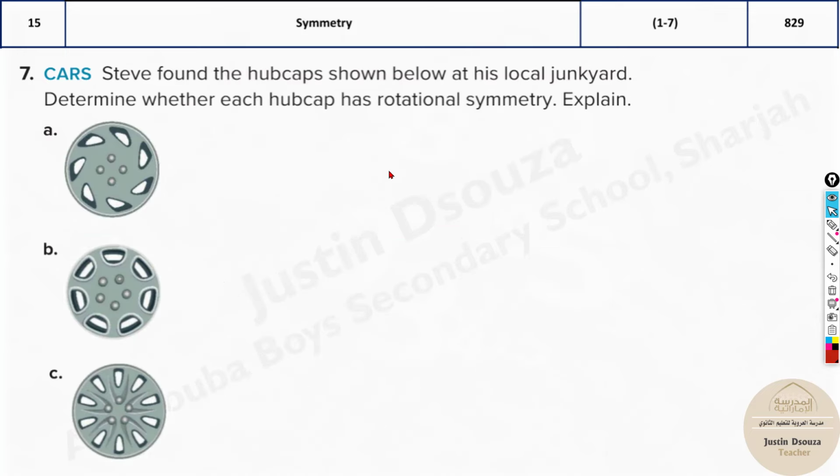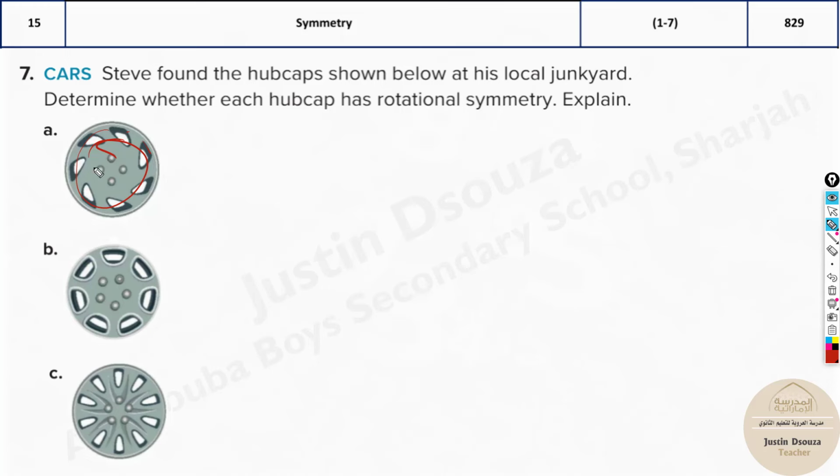Steve found a hubcap shown below in his local junkyard. Determine whether each hubcap has a rotational symmetry. Explain. Now here, to have rotational symmetry, what happens is whenever you turn by certain degrees, say you turn this by 90 degrees or 180 degrees, when you turn it, it'll be the same position. If you turn it, this will come over here, the points will again turn, it'll be the same